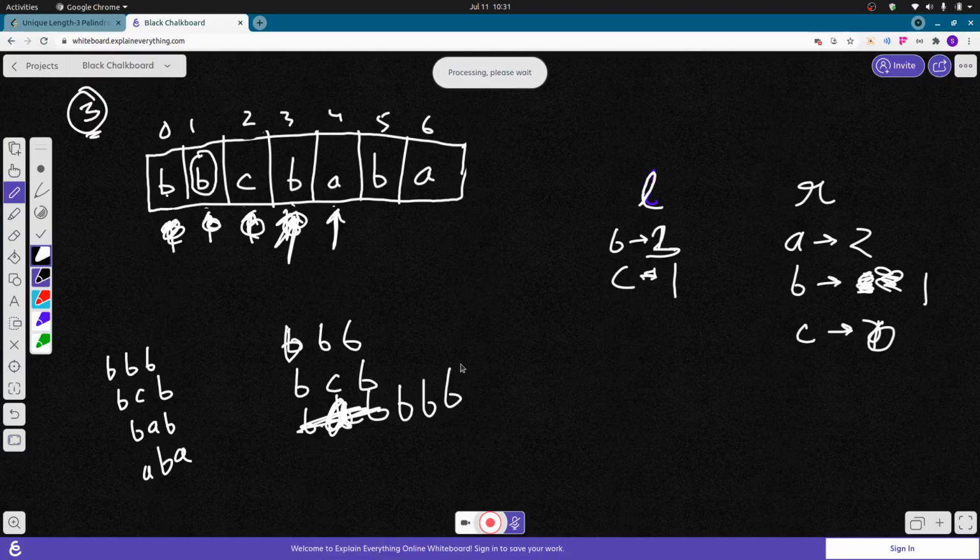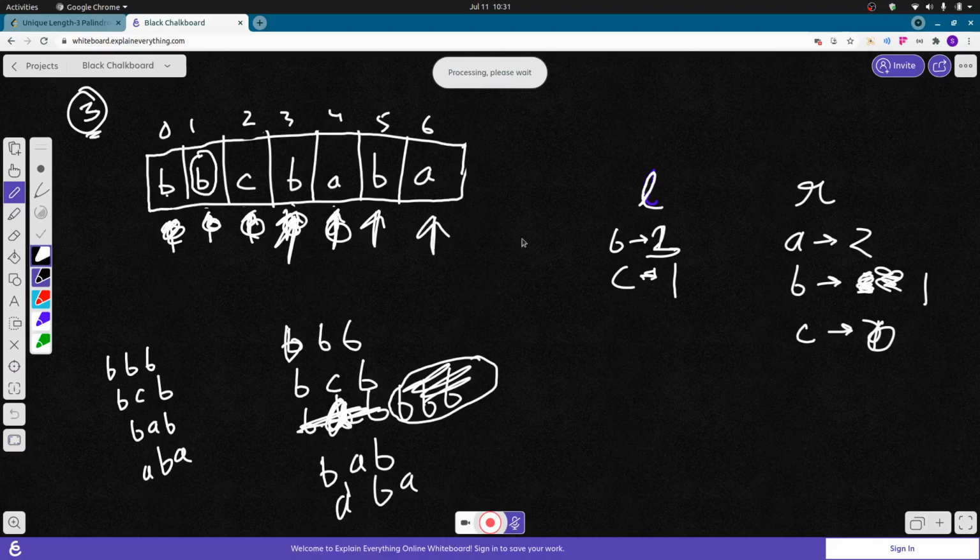So this won't go into my result because this is already repeating, so I won't consider this. So my new string will be BAB. Then I will move forward, and again I will be able to make ABA, and then I will come to the right, and all these will become 0 when I reach this end. So this is going to be the main idea.